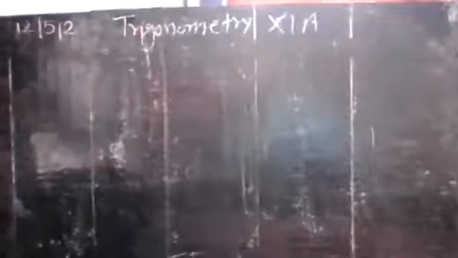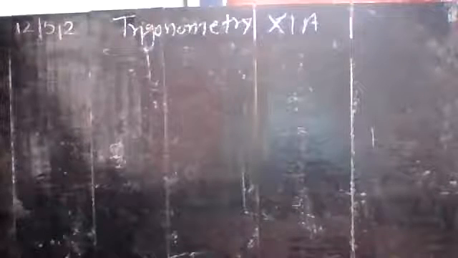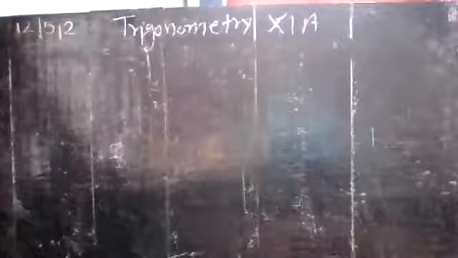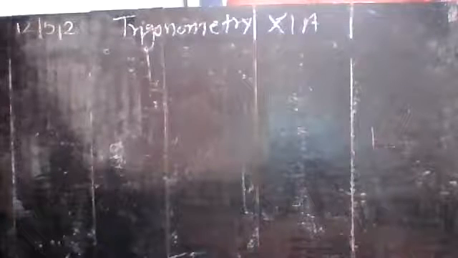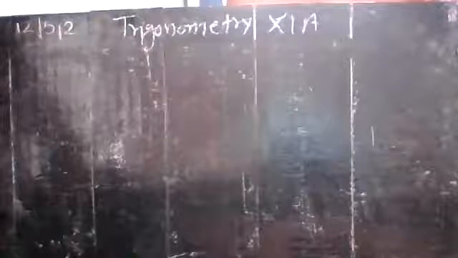So yesterday we were discussing the different important formulas and also the values of trigonometric functions in different quadrants, and also for the functions with allied angles. Allied angles means 3 pi by 2 plus x, 3 pi by 2 minus x, pi plus x, and 2 pi minus x. So different forms, and their values are also obtained with the help of quadrant. All those things you studied yesterday.